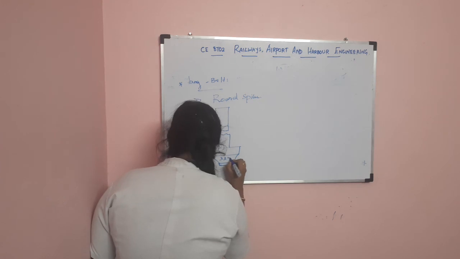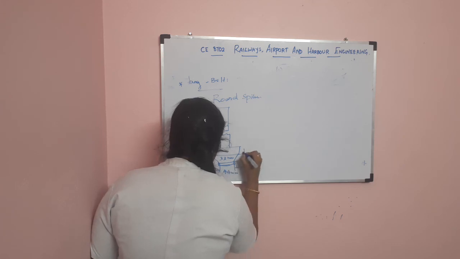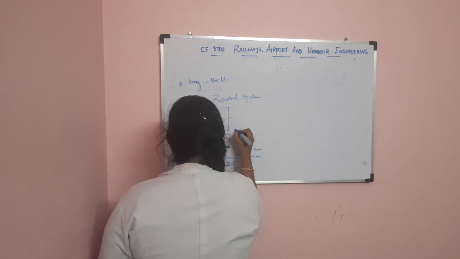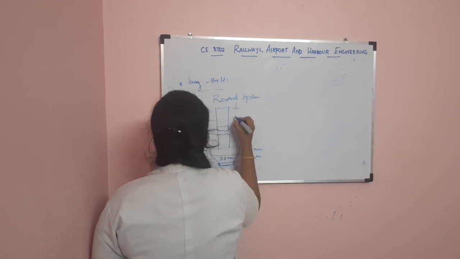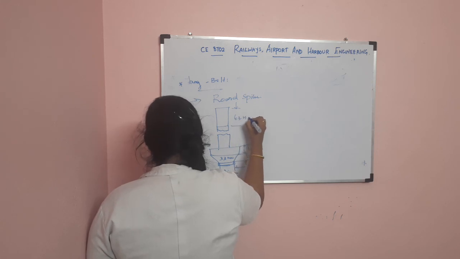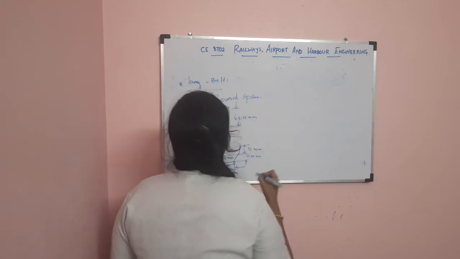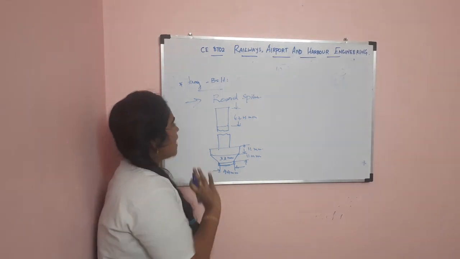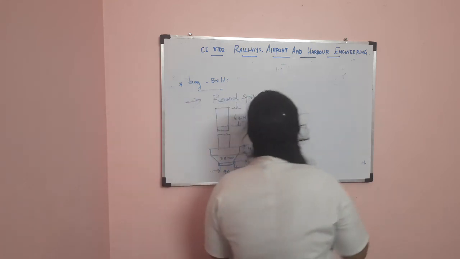this is 33 mm. This is 44 mm, and this dimension is 11 mm. This dimension is also 11 mm, and the dimension of this is 63.5 mm. This type is not used nowadays, because removing is very difficult, so they are not using this fan bolt nowadays. So next one is hook bolt.